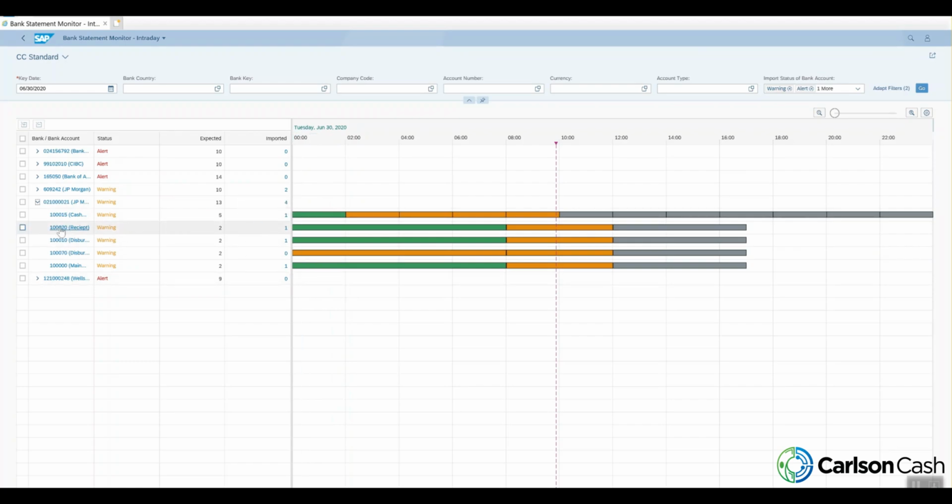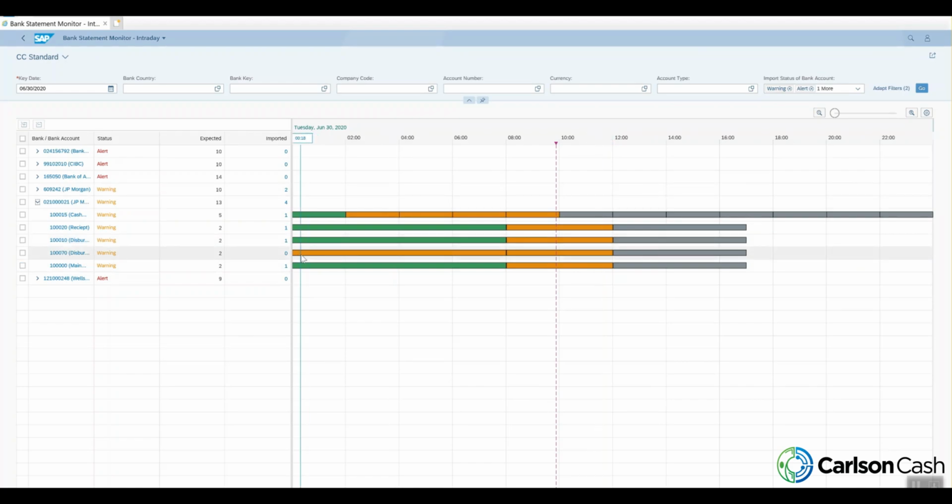So the first thing to note is this first account here, we can look and each of these boxes in here represent a time we're expecting to receive a bank statement. So this account, we expect to receive a current day bank statement every 2 hours. And this account down here, we can see, okay, between first thing in the morning and 8 a.m., we expect to receive a statement. After that, it's 8 a.m. to 12. So we expect the account to be received in a less frequent manner, but that's okay. It just depends on how much activity is in an account, and in the project, we can determine how often we want to receive current day bank statements.